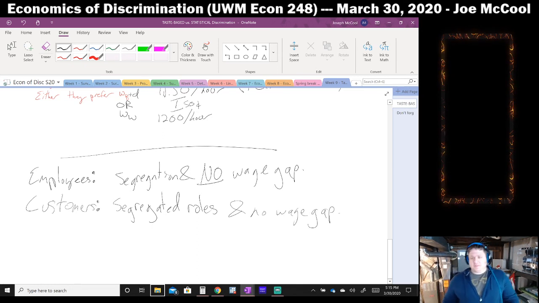So remember, this would just mean that all of your front of the house people in a Korean restaurant would have to be Korean, so that people will believe that the food is Korean, even if the entire cook staff is all white. So that's how we would do that.